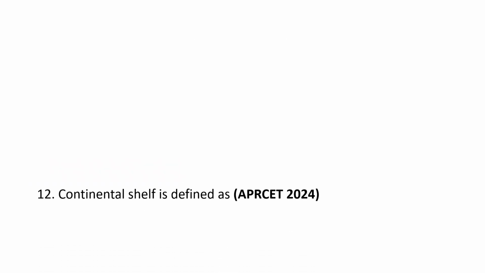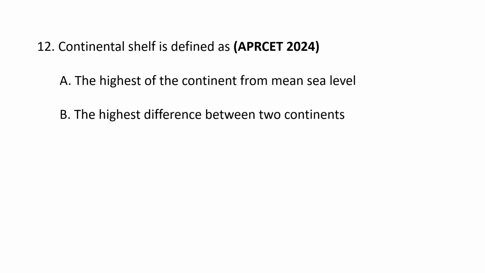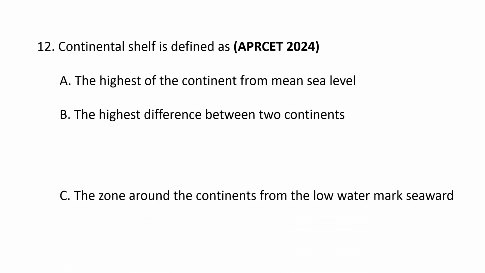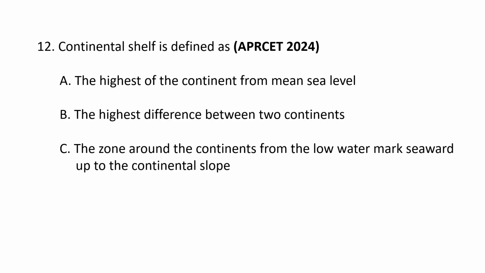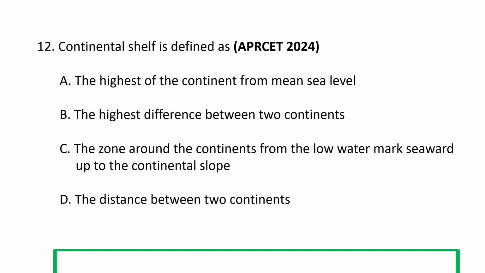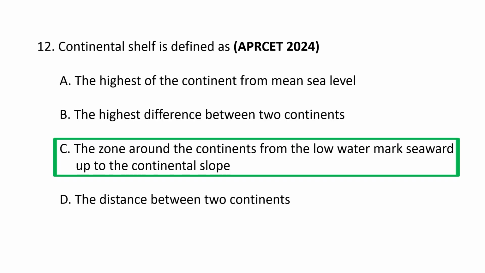Next question. Continental shelf is defined as A. The highest of the continent from mean sea level, B. The highest difference between two continents, and C. The zone around the continents from the low water mark seaward up to the continental slope, and D. The distance between the two continents. Continental shelf is defined as the zone around the continents from the low water mark seaward up to the